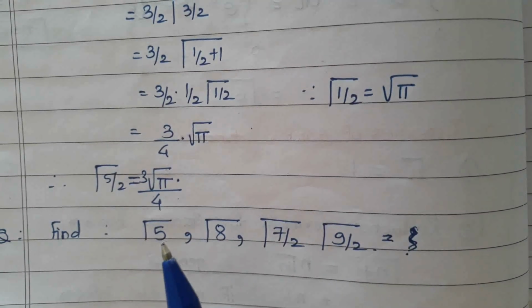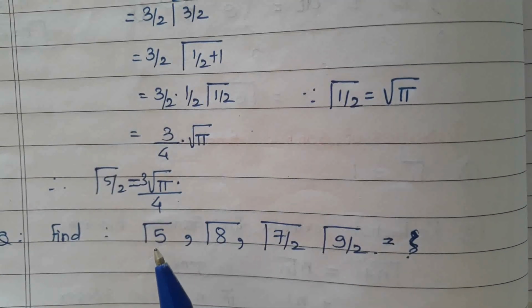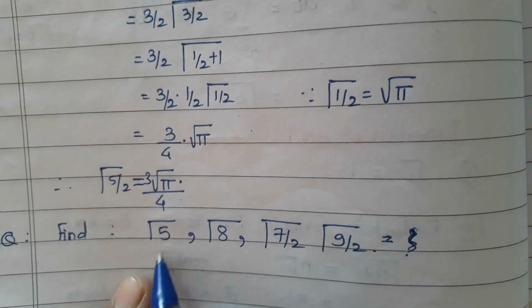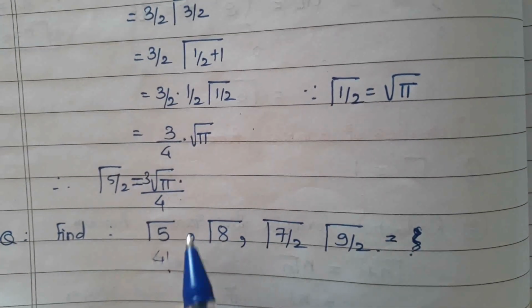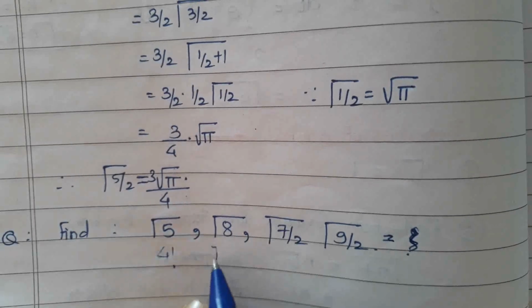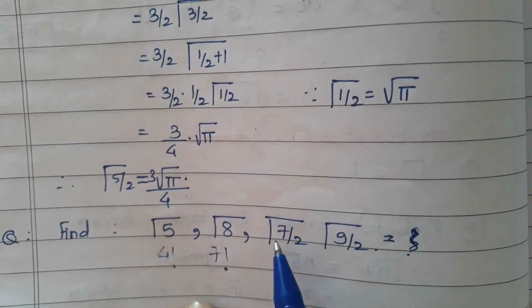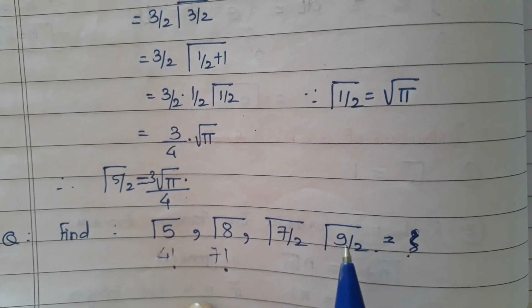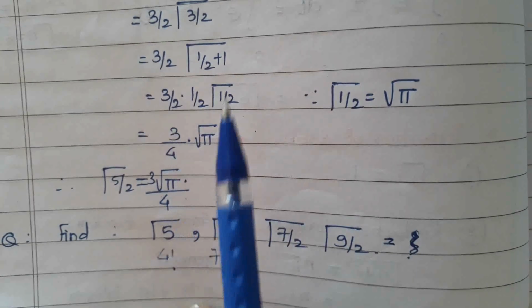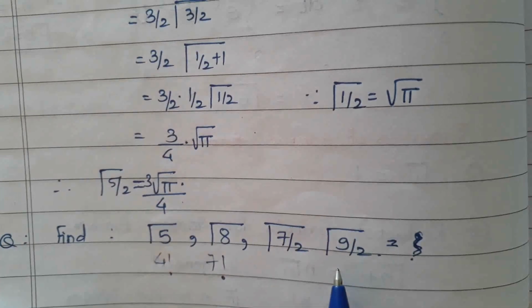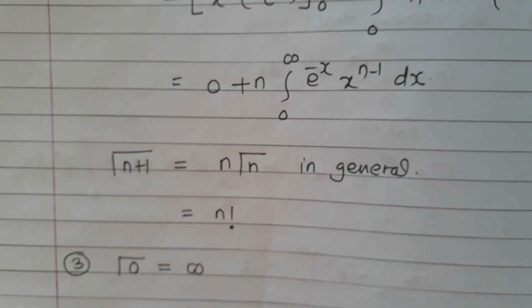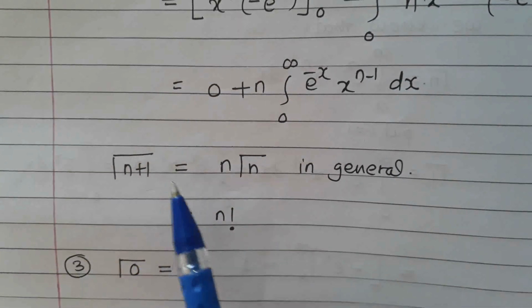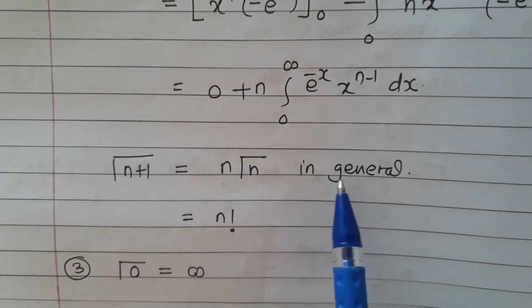Similarly, you can find the value of gamma 5 as 4 factorial. Value of gamma 8 you can write as 7 factorial. Value of gamma 7/2, use the above procedure, so you will get the solution. Gamma 9/2 you can evaluate by using the above procedure. So this is a very important result: gamma n plus 1 is equal to n gamma n in general,